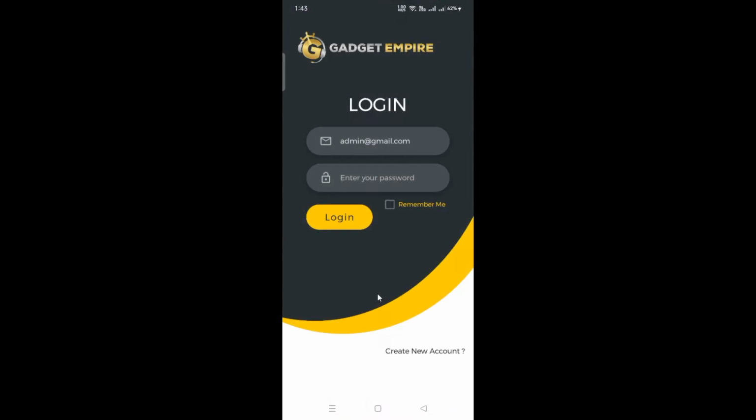The user will have to log in first in order to operate the app. The previous screen that we saw was the splash screen of our app, and this is the login screen, where the user has to input their email and their password. If the user is completely new and doesn't have any kind of account, then they will have to create